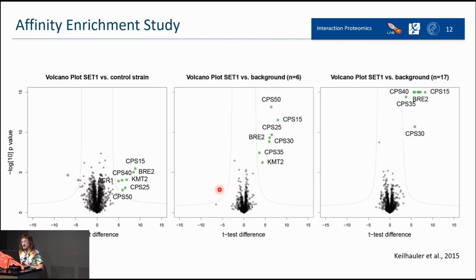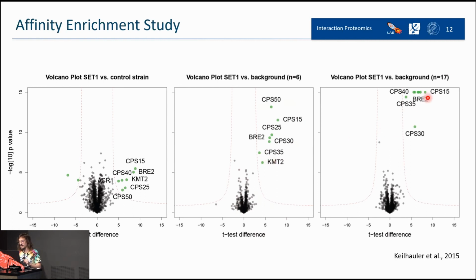Instead, they tried to use more data. So let's say that now the background is 6 different other conditions. As you can see here, the unspecific binders remain there more or less, because they don't change. They are always there in every condition. While for the specific ones, the log fold change didn't change, but the p-value changed, because now we have more data, so the p-value is reduced.